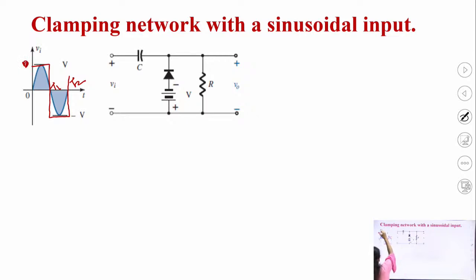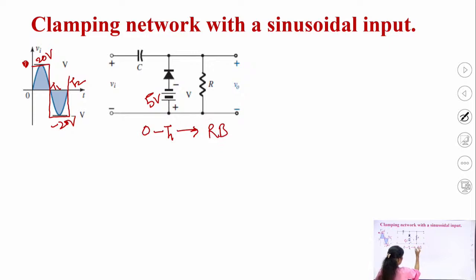Let me take this value as 20 volt, minus 20 volt. Let us take this value as 5 volt. So during 0 to T1, the diode is in a reverse bias condition. So 0 to T1, the diode will be reverse bias, so no analysis. Now T1 to